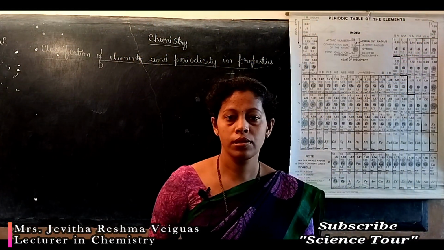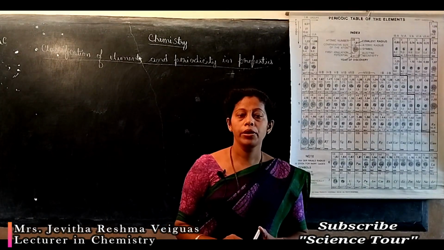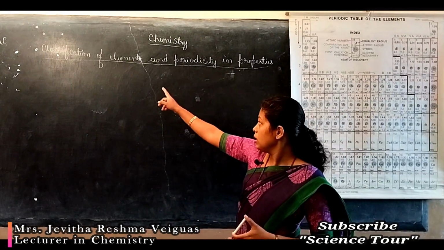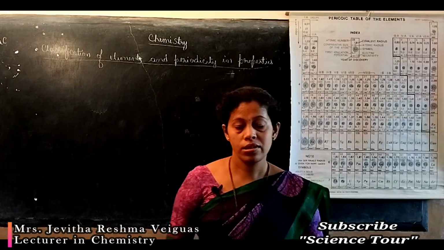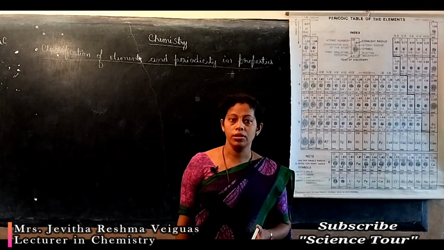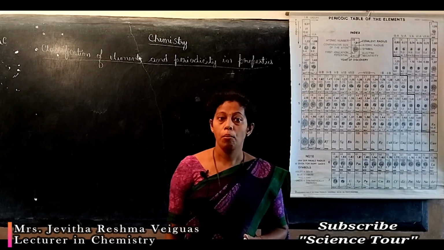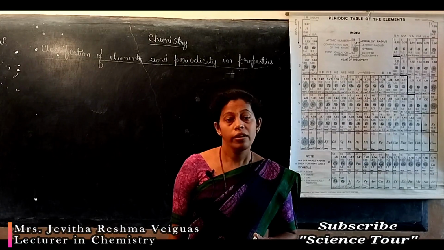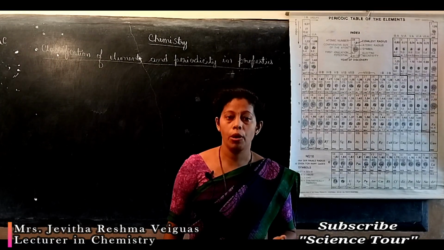Good morning, students. Today we shall study about the classification of the periodic table into elements in chapter Classification of Elements and Periodicity in Properties. Students, we know in the modern periodic table the elements are arranged in the increasing order of their atomic numbers. Why? Because Moseley found that atomic number is the fundamental property which decides the periodicity or regularity in properties.